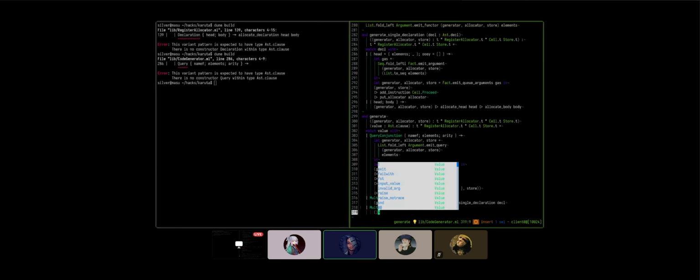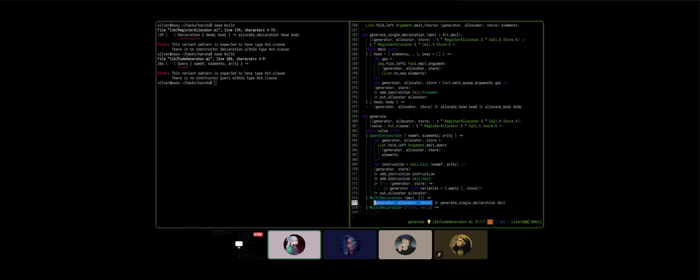Okay, so here's the thing. We know that there must be at least two in here, because we already dealt with the case where decals is empty, so this is guaranteed to have one element at least, and this is another one.